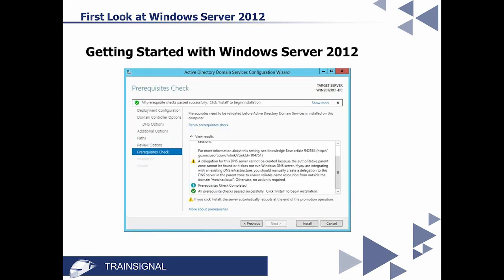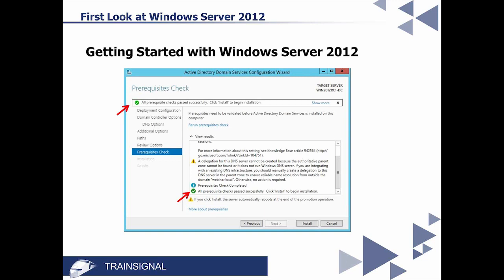Go ahead and click Next. Here's where you now get a prerequisite check, and I want to point out that up at the top it says that all prerequisites have passed successfully, and at the bottom in the View Results window it shows that. Now I also want to mention that you'll notice there are some yellow warning icons there, and actually if we scroll up the window there are 2 of them.